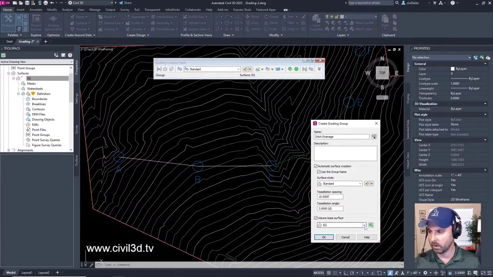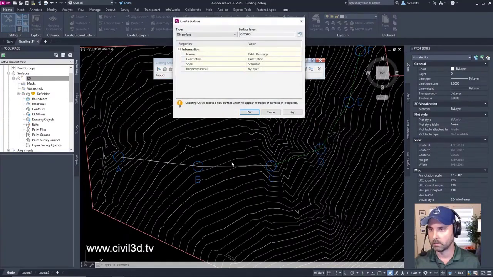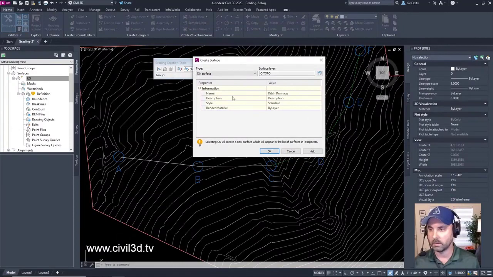And this is essentially our comparison surface right here. Then we're going to click OK. We get our Create Surface dialog box, and it's already named, which is nice. We can assign it a style if we want to. Style list.